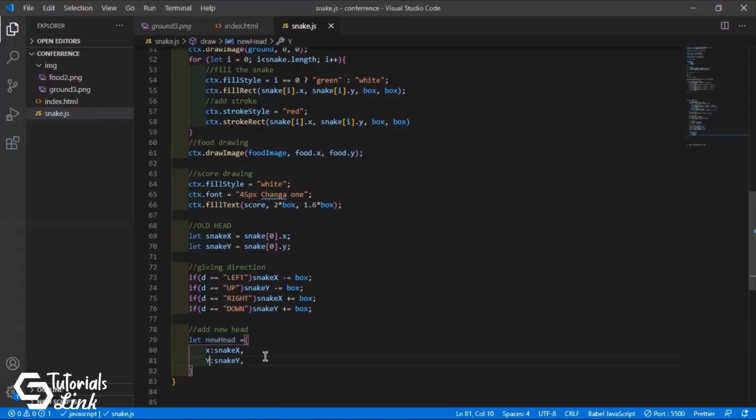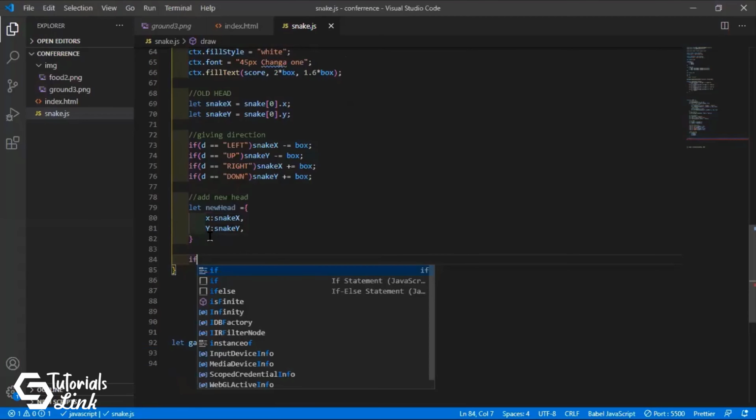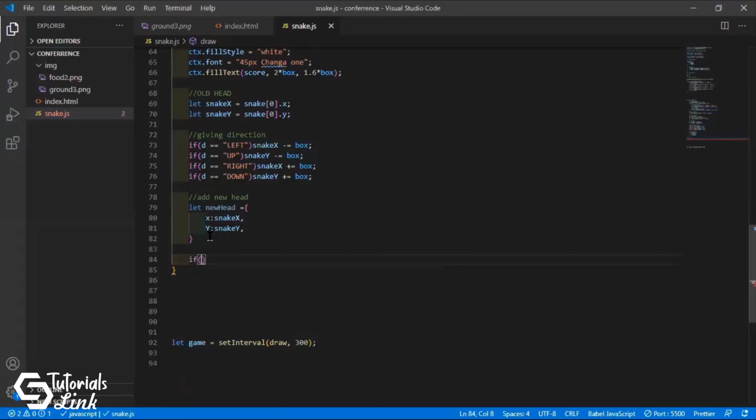So let's just move down, and if snake x double equals to food dot x and snake y double equals to food dot y.